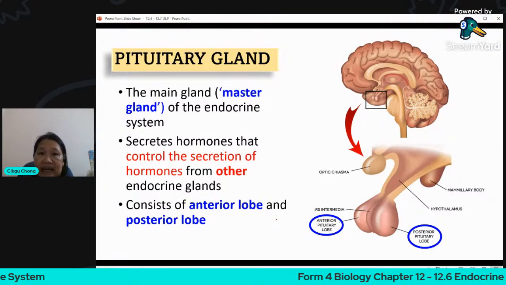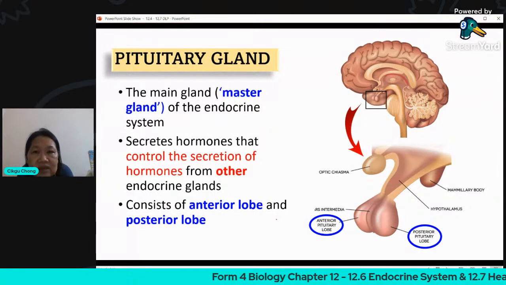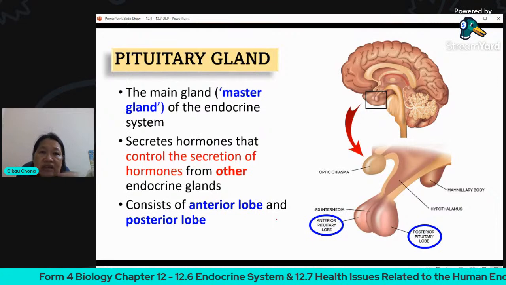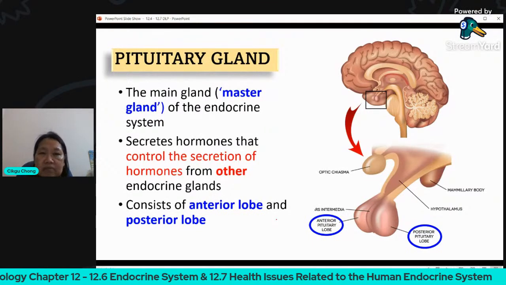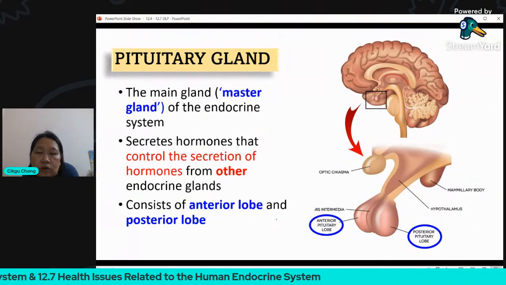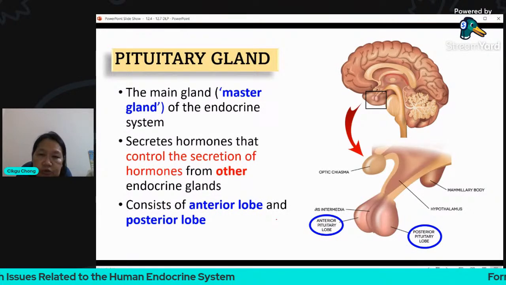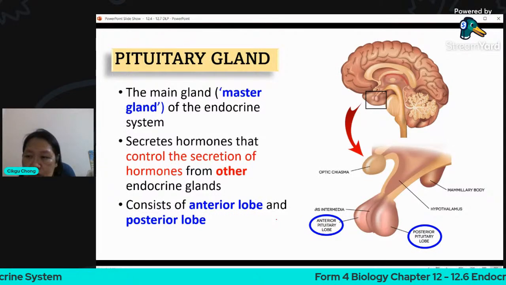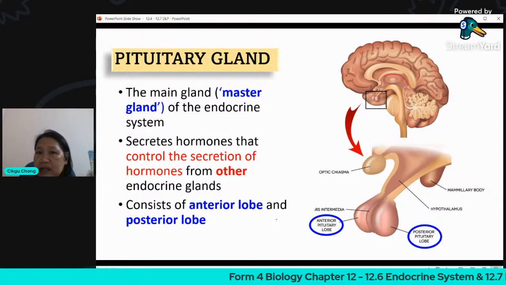Now, this is where the headache starts. A lot of students say they really hate this chapter because there are so many things to remember and it is so technical. All the names are so susah, cannot remember, don't know how to spell and so on. I just believe that it requires a little bit of effort. Just read a few more times, write down a few more times, or practice spelling it,